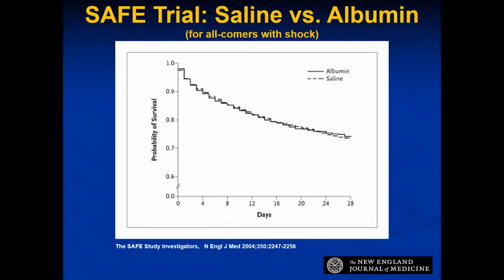And this was a landmark study called the SAFE trial for all comers with shock, which examines the use of colloid versus crystalloid, in this case albumin versus saline. And what was interesting is that the probability of survival was no different between the two. There have been concerns about harm of albumin in certain subgroups of patients, those with neuro-related trauma. And then there have been questions in subgroup analysis of whether there might be benefit in sepsis patients with albumin, and that has led to a wide array of studies, really none of which have shown any benefit of albumin over